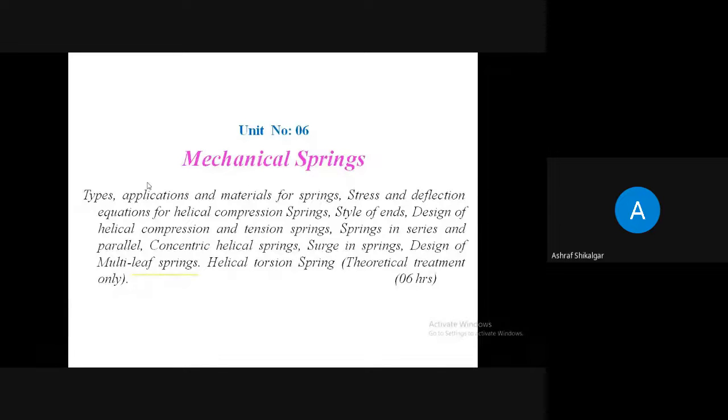When we apply an external force on the spring, and after removing the load, it regains its original size and shape. Okay, that's what. Any other about spring? Anyone other? Others don't know about spring? You have not seen spring, or you don't want to speak? Okay, then we'll continue. So basically, it is known to you what spring is.